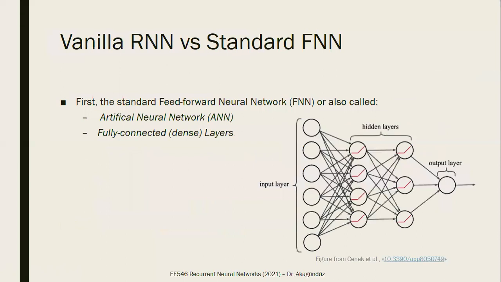And it's different from a standard feed-forward neural network. So let's again remember what the feed-forward neural network was, also called artificial neural network, or in deep learning literature today known as the fully connected layer or the dense layer. In the architecture, we have an input layer. So it is a mathematical vector of inputs, and it's connected usually fully to a hidden layer or many hidden layers.